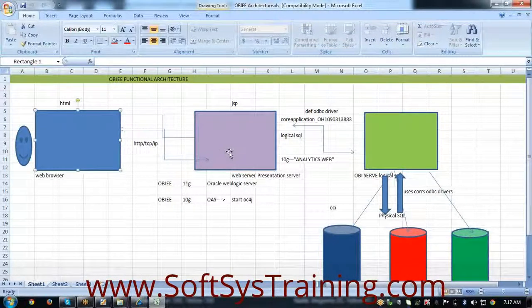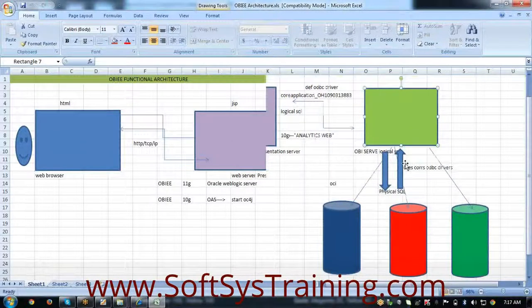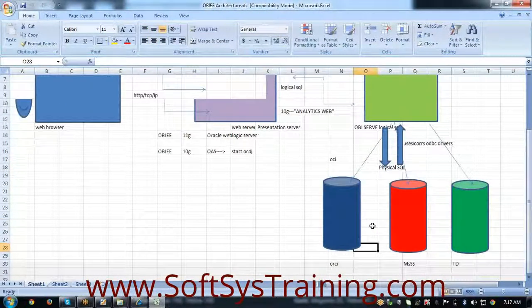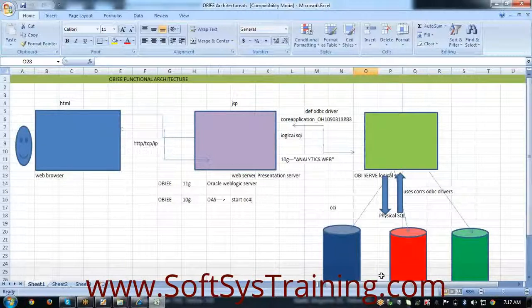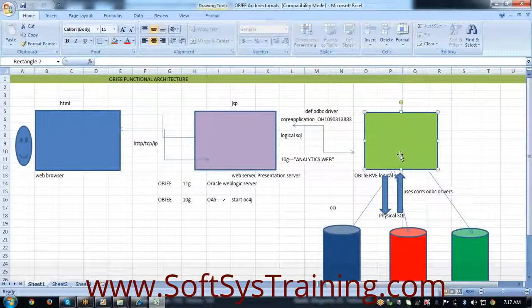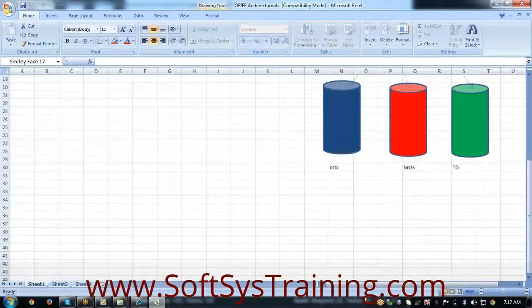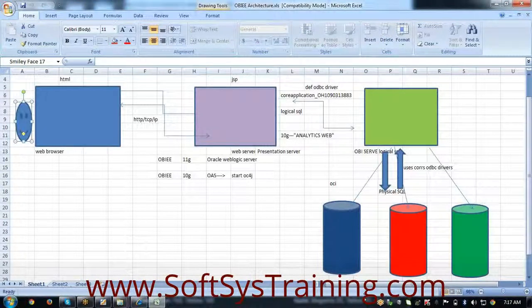See, browser to WebLogic server to BI server to data sources. Again, reverse communication, the two-way mechanism: data sources to the BI server to the WebLogic server to the browser. Browser displays the data and the user is going to view the data. Right? Yes?